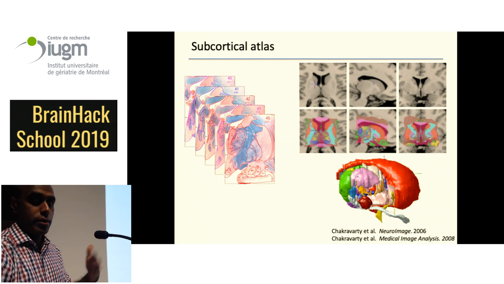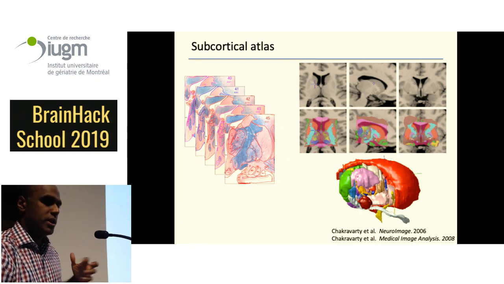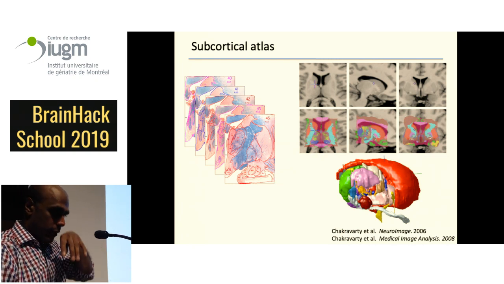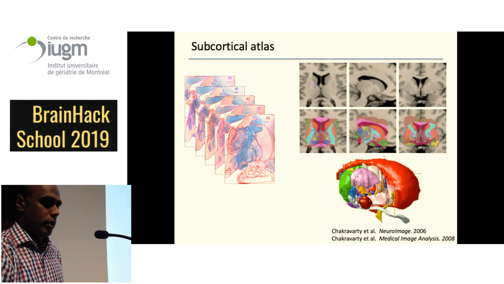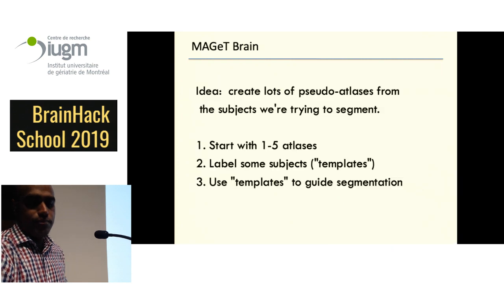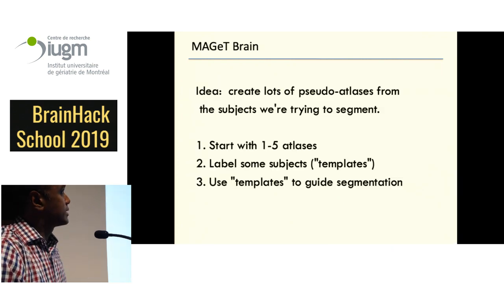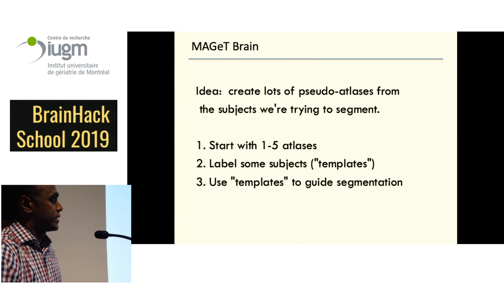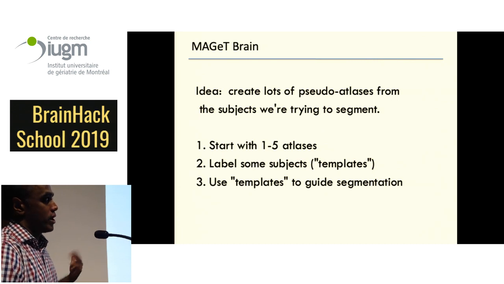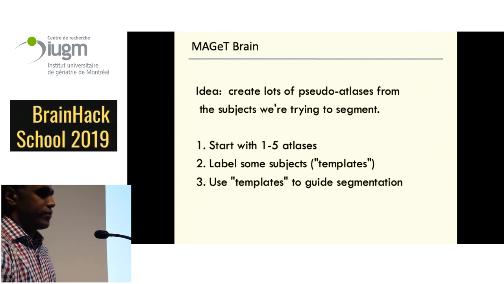So what I'm showing you here works well in human data, in rodent data as well. It really does improve the quality of our segmentations as we move through. So basically what we do is we just create a lot of pseudo-atlases from the subject that we're trying to segment. So here we start with 1 to 5 atlases. Now I think all implementations start with 5 atlases or 10 atlases. We've kind of reviewed, updated a lot of the atlases that we've been working with from the anatomy standpoint. We label some of the subjects as templates, and I'll talk about what that is,